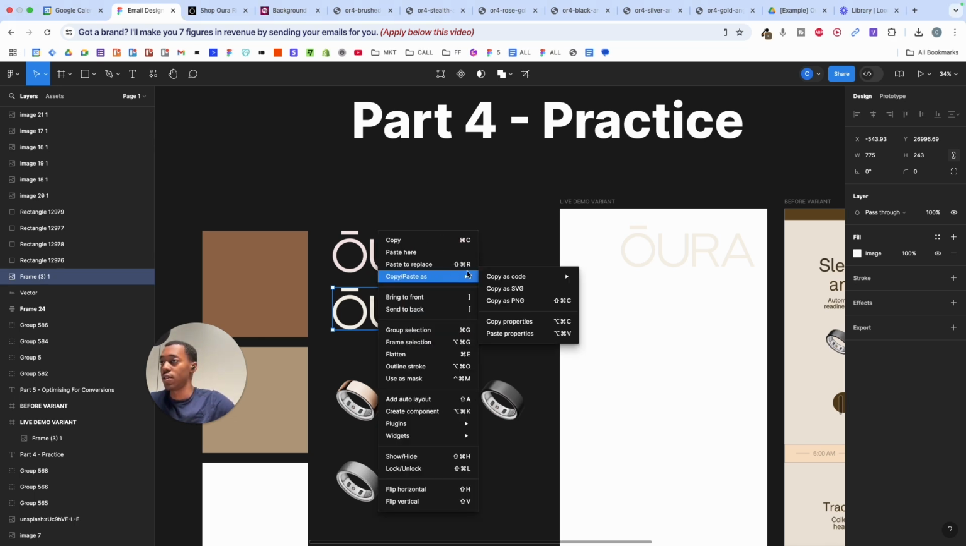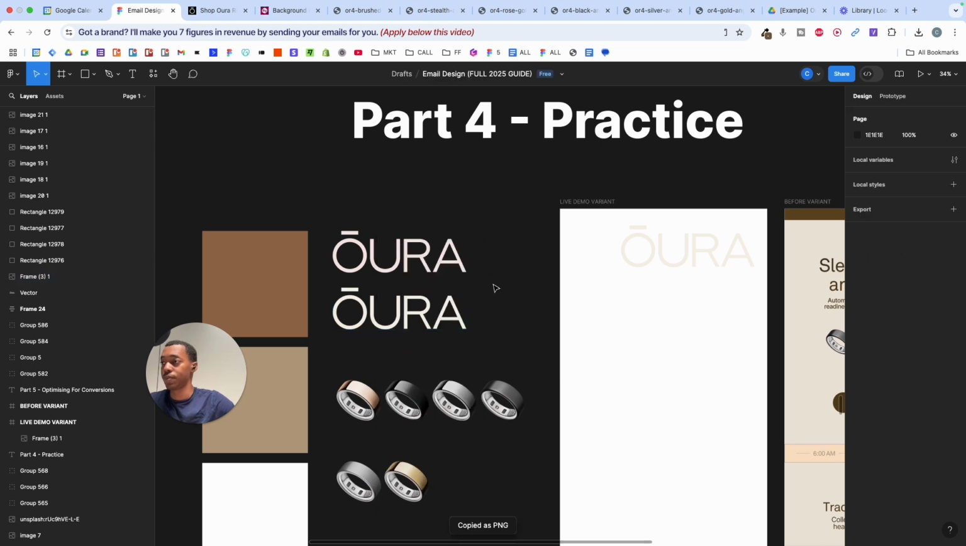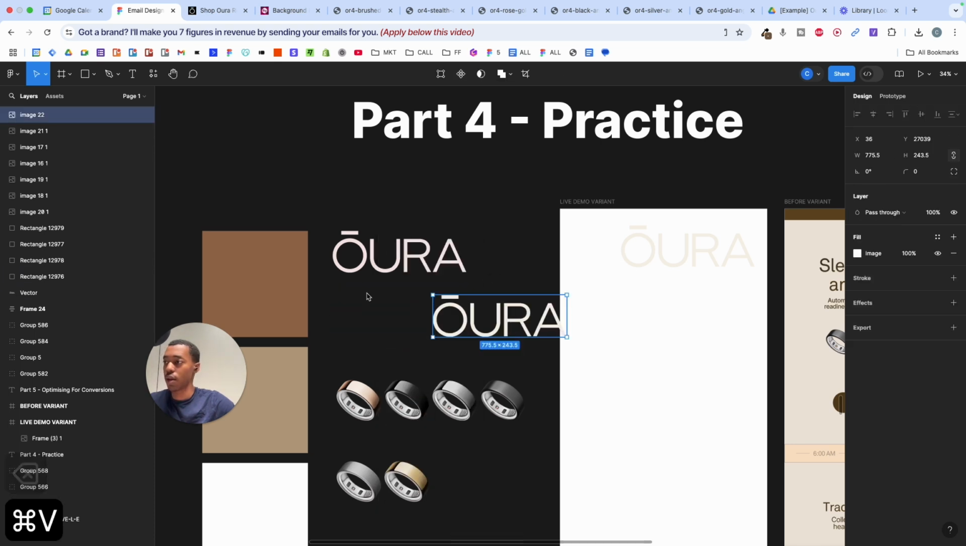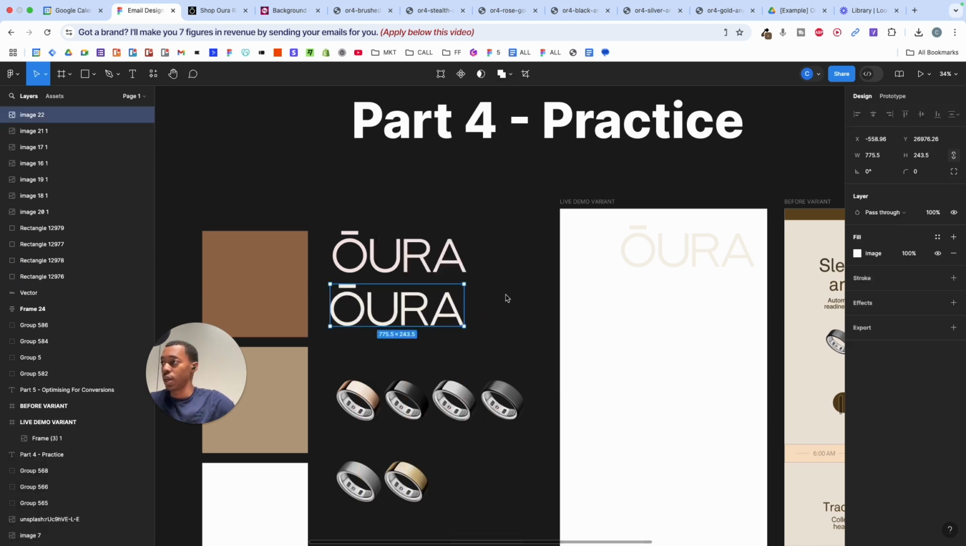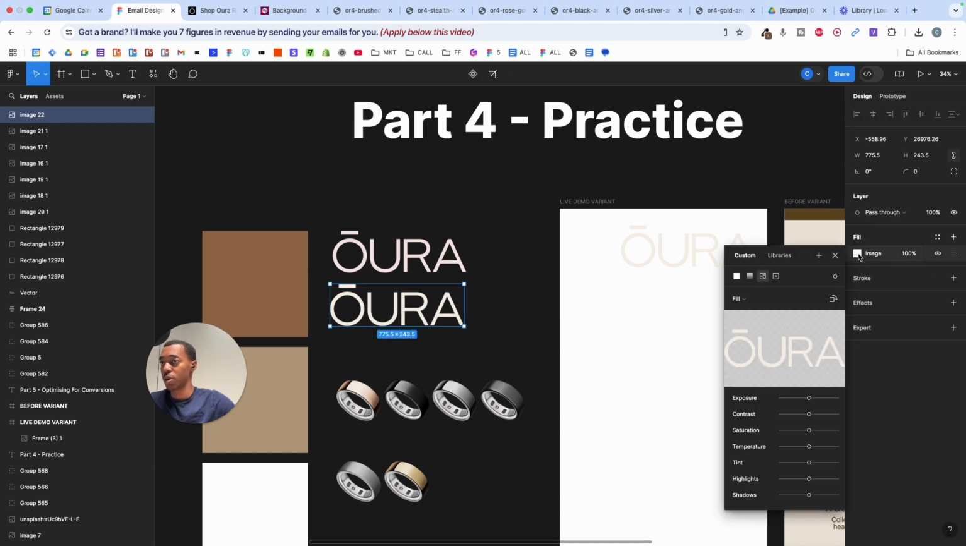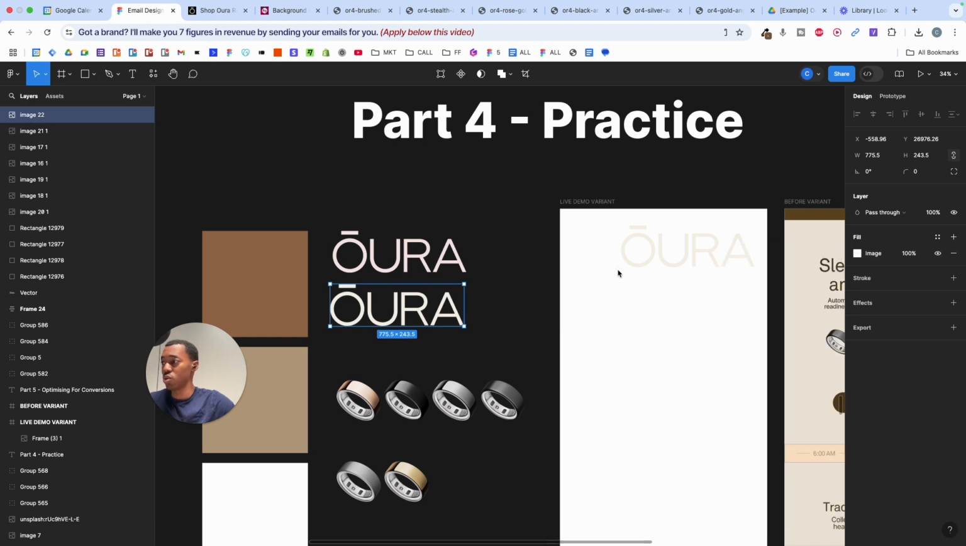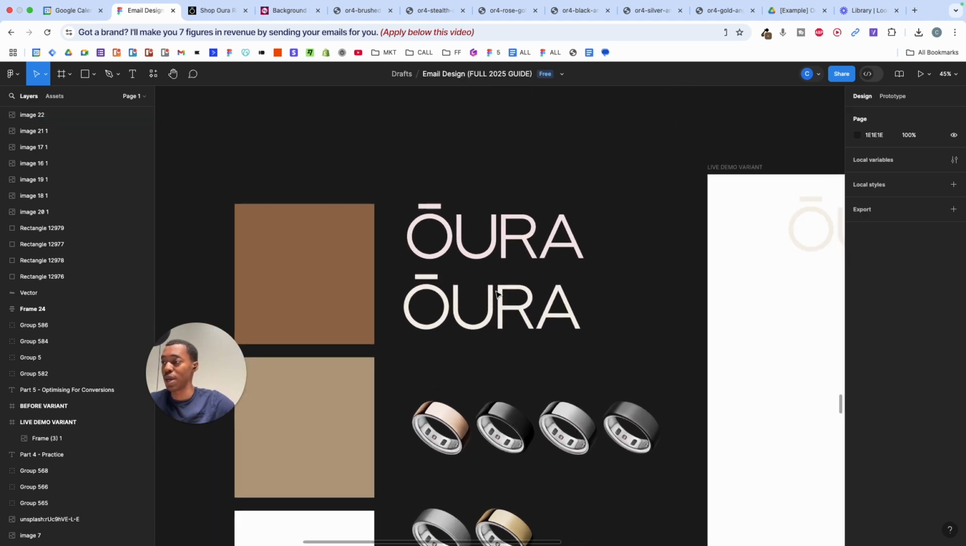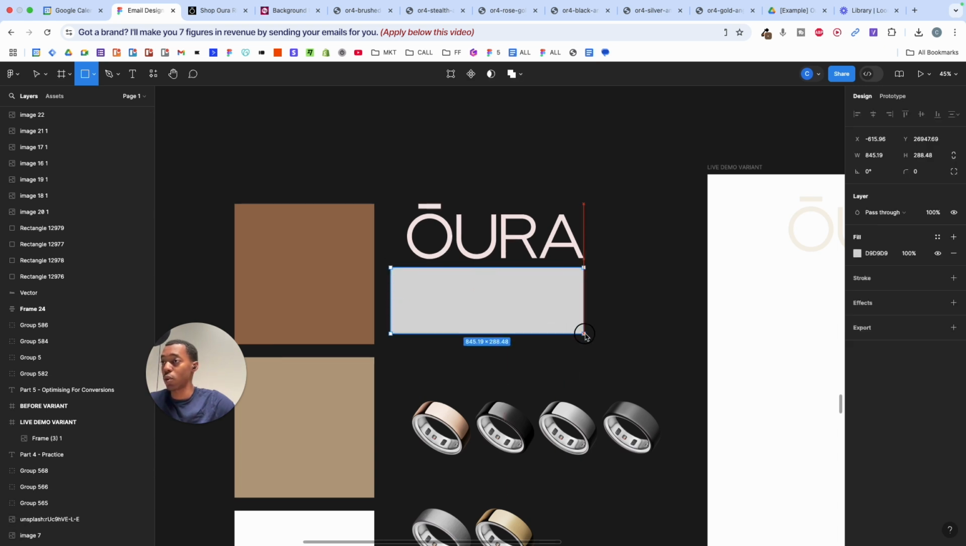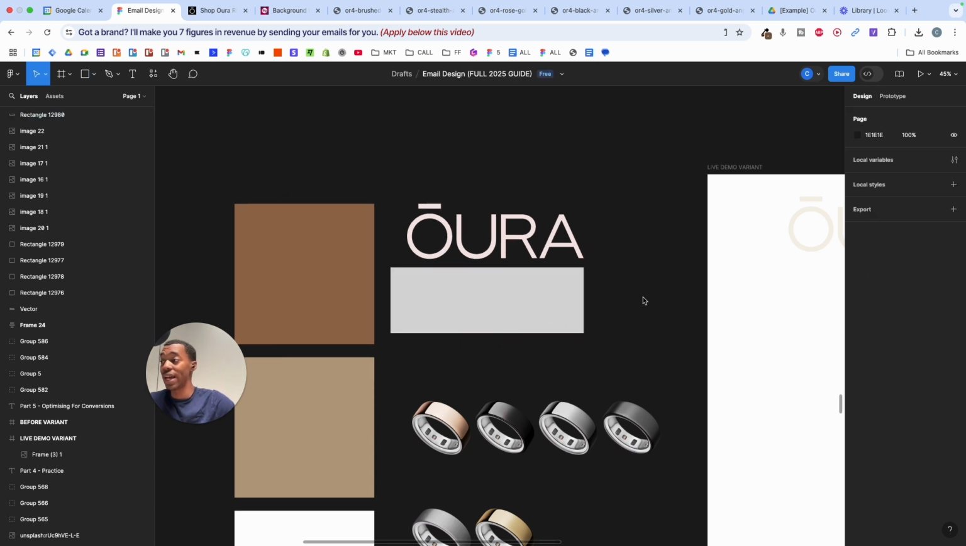I'll copy this as a PNG and then I'll paste it here. So this is an image, and as you can see, if I click on the image right here, then the fill option, it's going to be an image, and you can't really easily change the color of it. And so you have to use kind of a little trick, and not many people know about it when they get started. So I'm going to drag a rectangle on top of the logo, and that's how I'll be able